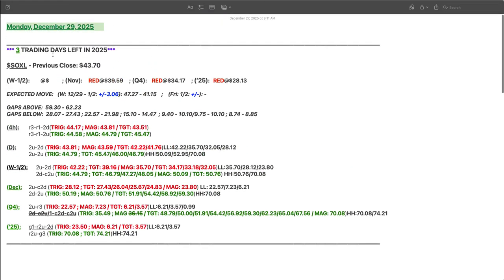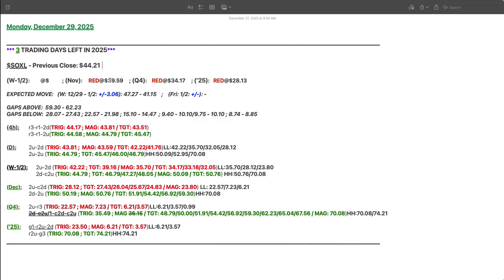So for Monday, December 29th, there will be 3 trading days left in 2025. Again, shortened holiday week. I did not change the previous close, but the previous close was 44.21. And then we know what it takes for the month and the quarter and the year